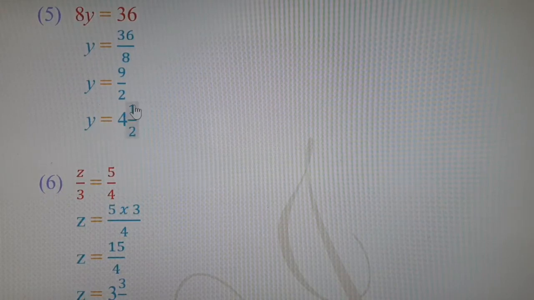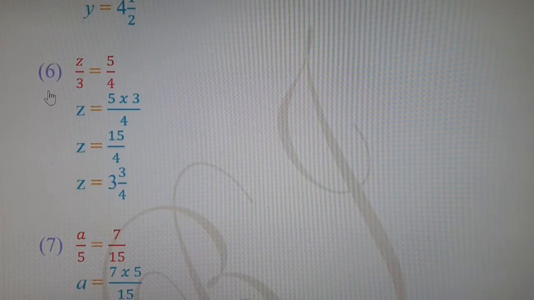Y is equal to 4 integer 1 upon 2. This will be the solution for the equation. Let's go to the sixth sum. In the sixth sum, z upon 3 is equal to 5 upon 4, where the value of z has to